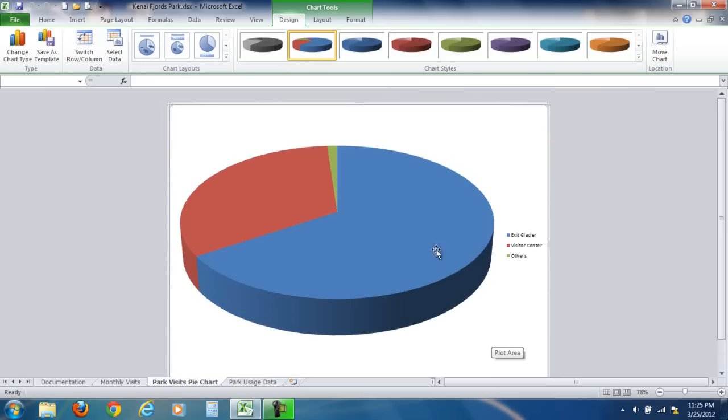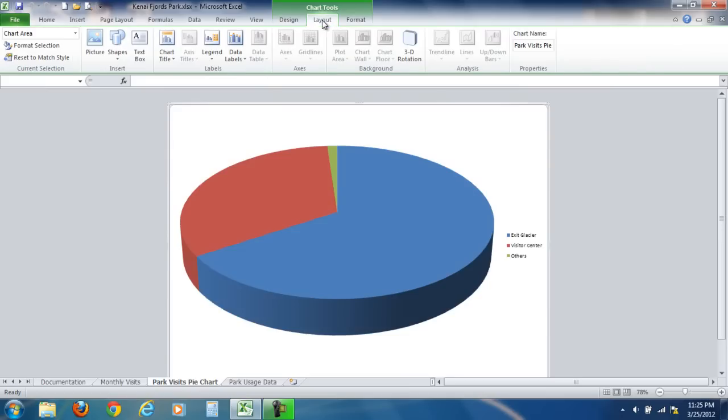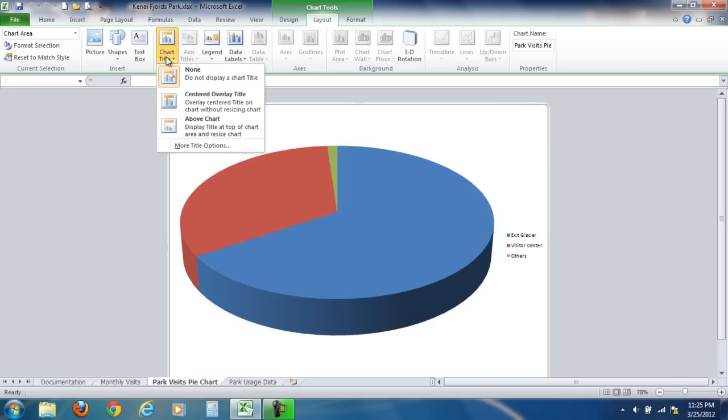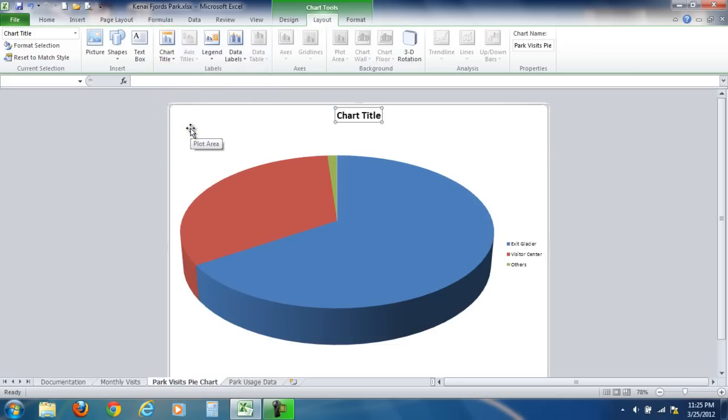The next thing I'd like to do is add a title to the chart. So I'm going to click the Layout tab under Chart Tools and then click on Chart Title. I have a choice of where to put it. I want to put it above the chart, and then I can simply begin to type the chart title. And it's going to be Kenai Fjords National Park, Visits by Center. As soon as I hit enter, it replaces the default chart title, and you can see it